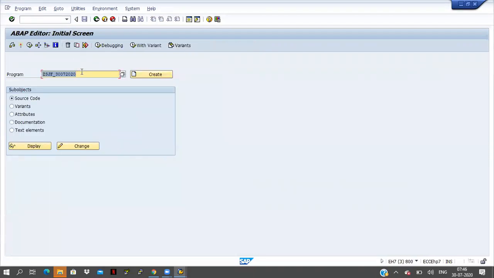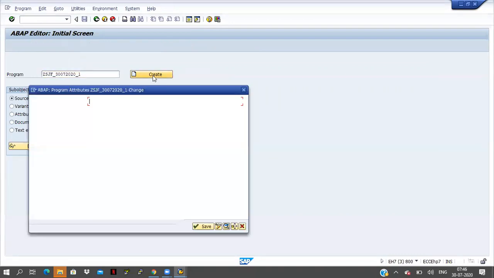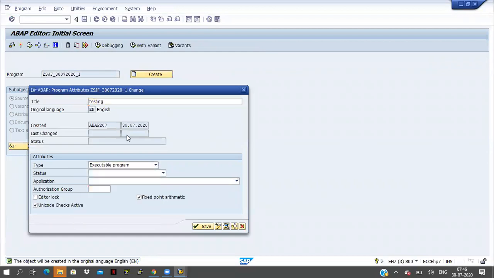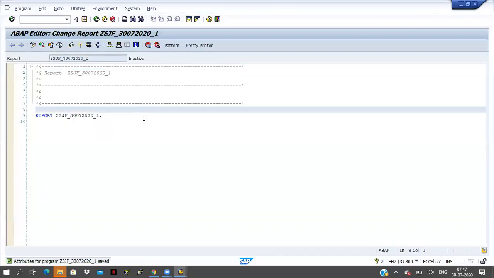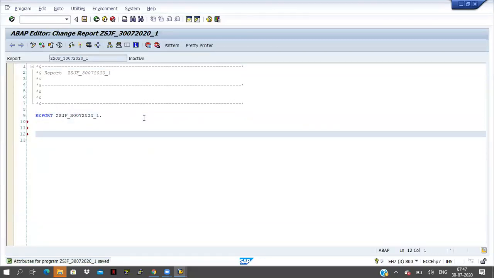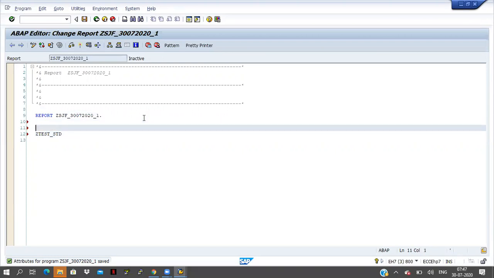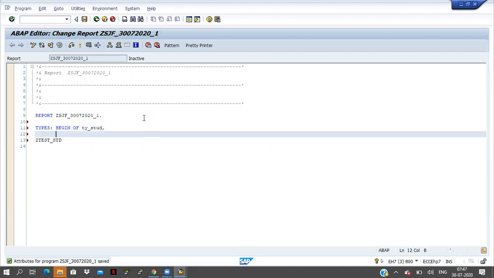Here I'm taking one more program. This is the table, right? So first of all, I have to declare the structure here. Types: begin of, this is the student information. So I'm writing like this. And what are the field names? I don't know the field names exactly here, so I will go to this table.